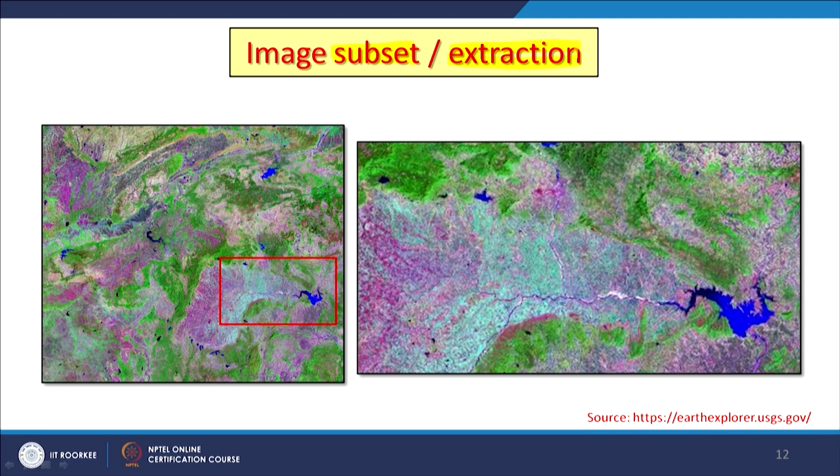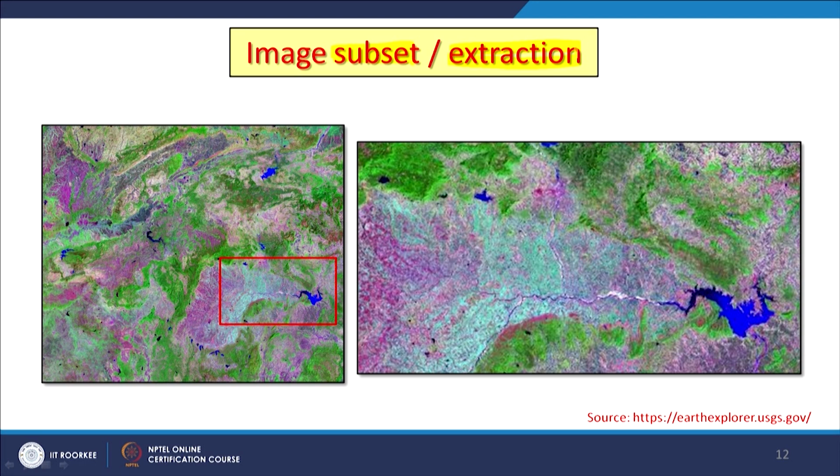And somewhere in the backup system we may keep this scene, the full mosaic, but for further processing along with other data sets we may create a subset, and creating a subset is not difficult at all. In this example, the subset has been created using a rectangle, but an arbitrary shape like a subset of a watershed, or a subset of a political boundary, district level or state level, can also be created without much problem.